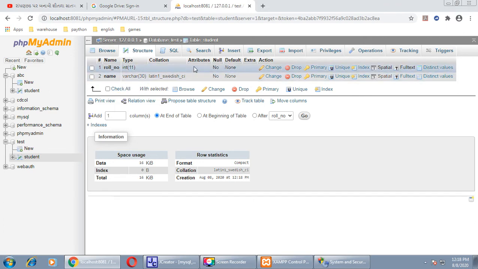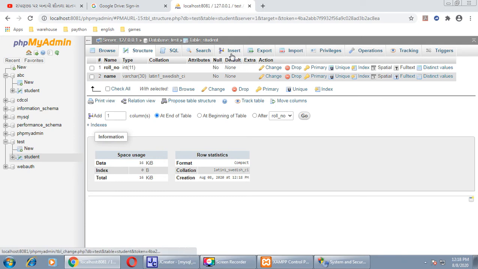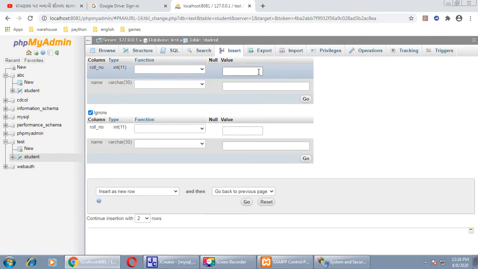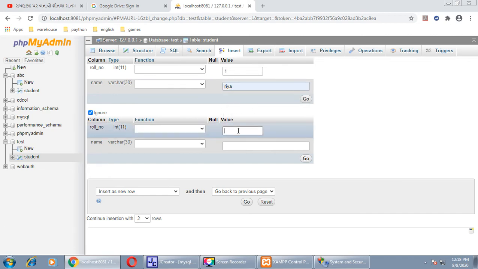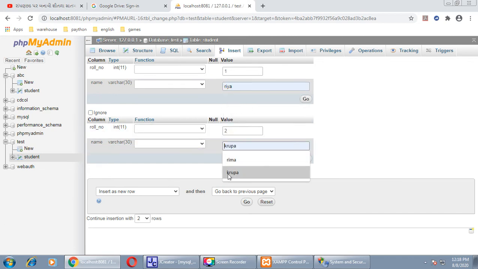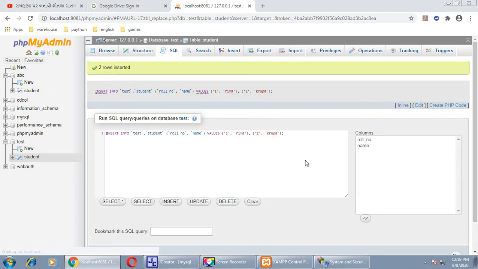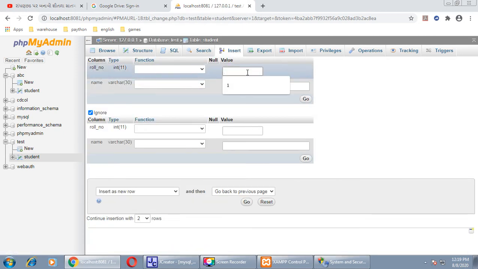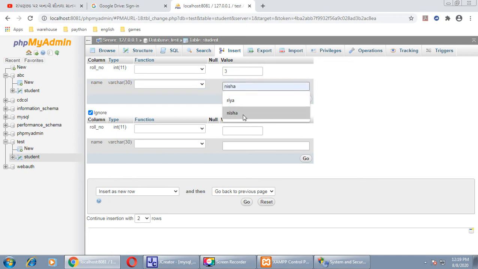Now insert some records in this table by clicking on the insert button. Roll number 1 and name is Ria. Roll number 2, name is Kripa. Click on go. Insert 2 more records in the student table. Roll number 3, Nisha.